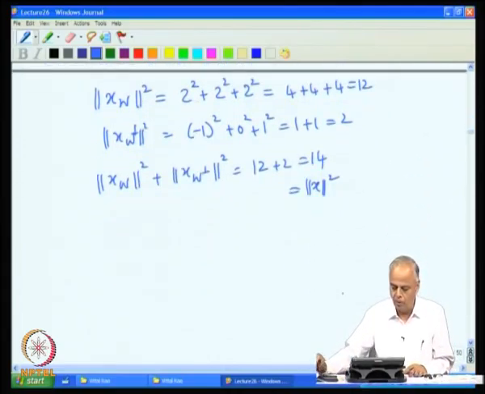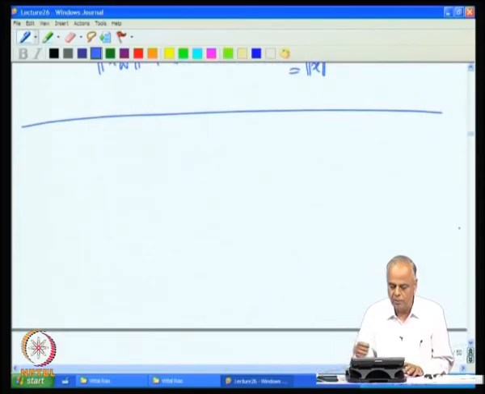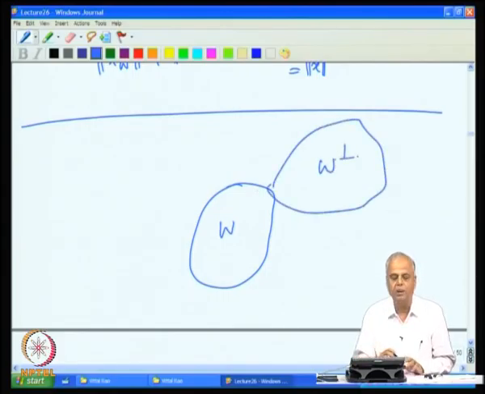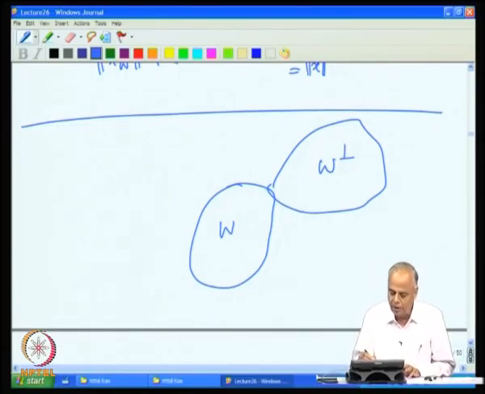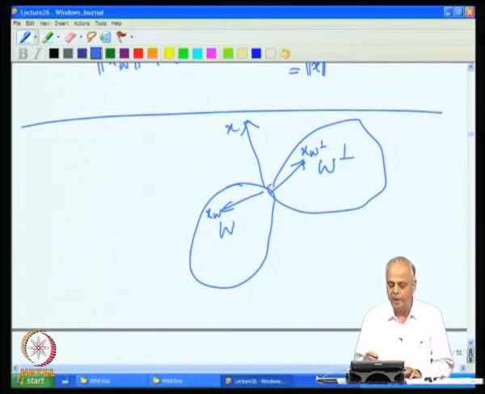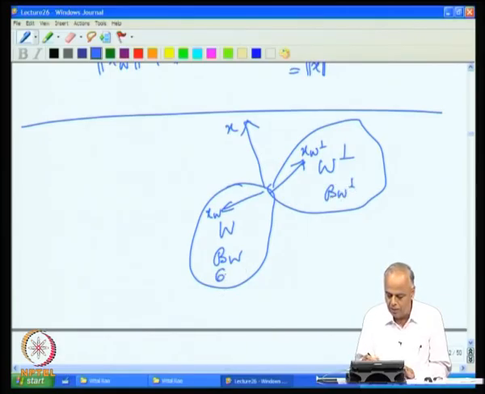So, we have therefore, suppose we have a subspace W in R^k. Then there is a subspace W perp which is orthogonal to it, and any vector x can be split into a portion here and a portion there. This is the x_W and this is the x_W perp and that is x. Any vector x can be split into two parts and that splitting is unique, and a basis can be split into a basis here and a basis there, and an orthogonal basis can be split into orthogonal bases, which simply